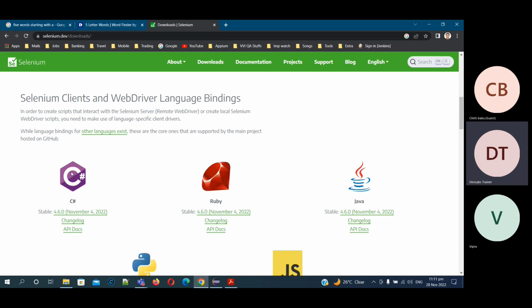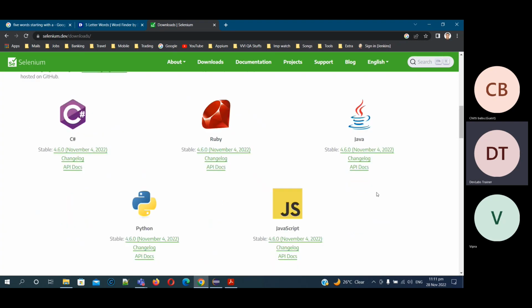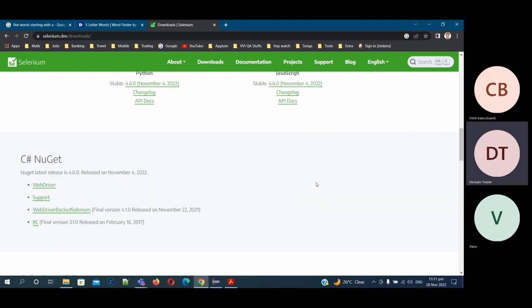You will see here which languages Selenium libraries are present. One is C#, one is Ruby, and one is Java, one is Python, and one is JavaScript. So our focus is on the Java side. Means other things are there, but we don't need that. So what we will do, I will